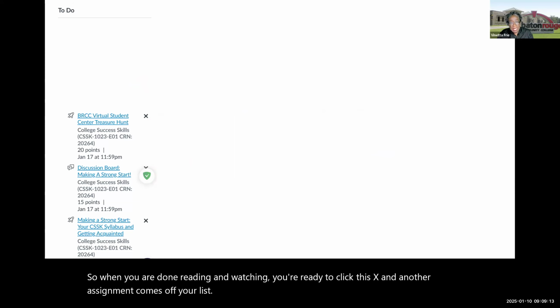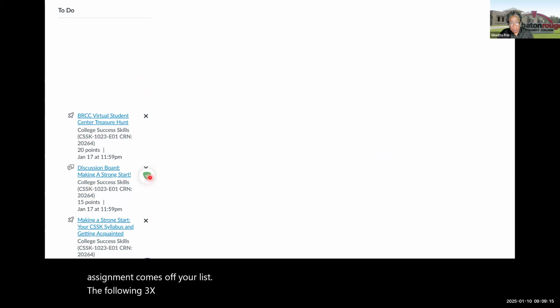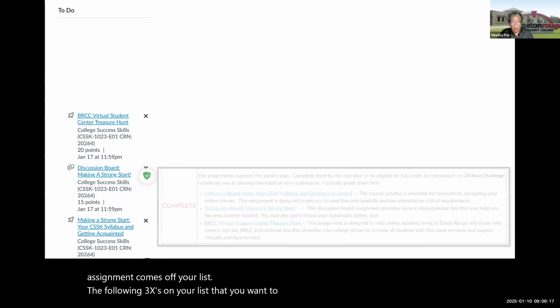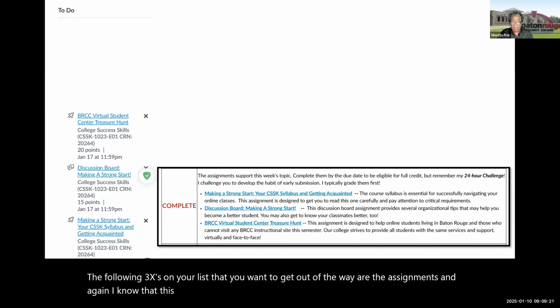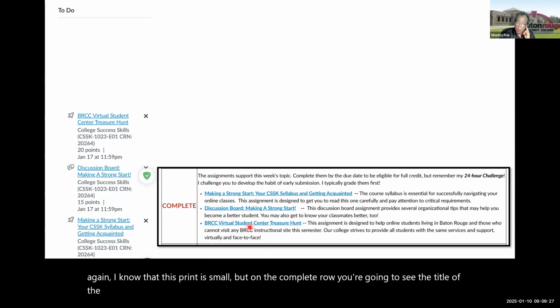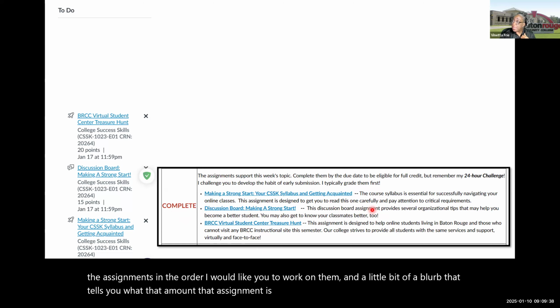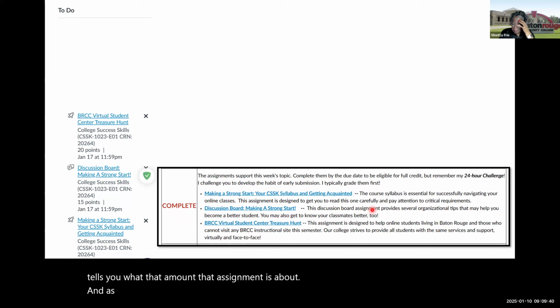The following 3 X's on your list that you want to get out of the way are the assignments. Again, I know that this print is small, but on the complete row, you're going to see the title of the assignments in the order I would like you to work on them, and a little bit of a blurb that tells you what that assignment is about. And as you complete the assignments,